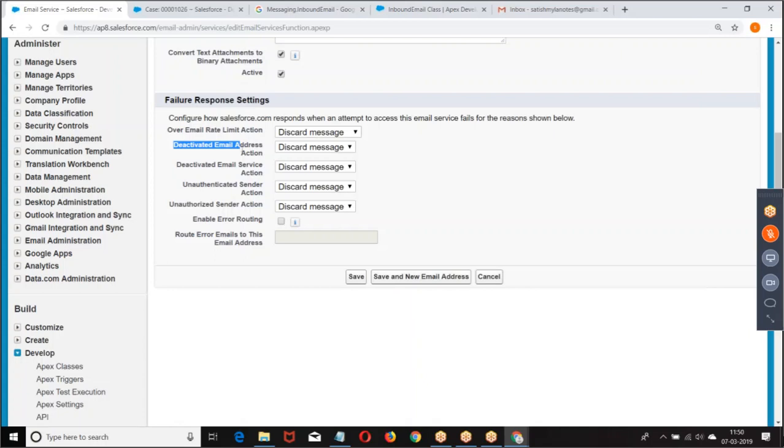When you're sending an email, if some service is not good, you get a bounce back mail, right? Email sending failed, discard or requeue. So this is to handle the failure errors. Now, if any email failed, and you want to send all those emails to a particular email address, then I can give you an email address. If any email failed, it will be sent to this. Then I told it to save and get the email address.